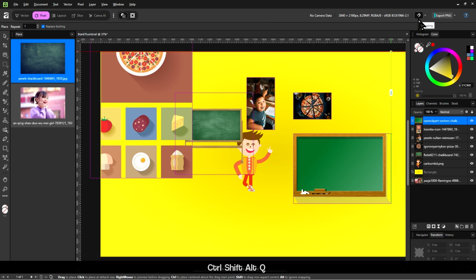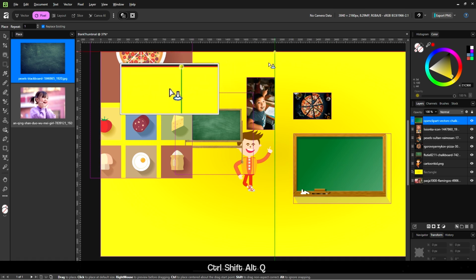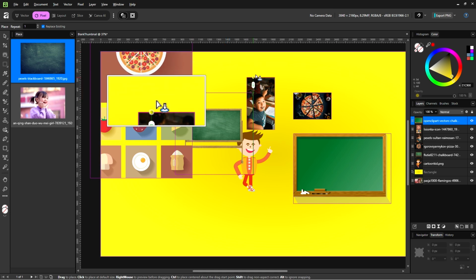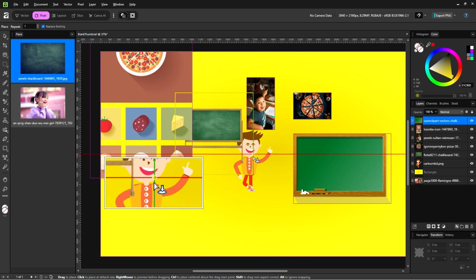So for example, let's say that I want this last image to be at the very middle of my Affinity document. Then I can hover my mouse until I find the exact middle of this document, which might look like this green line. Hover down, and then there we go.